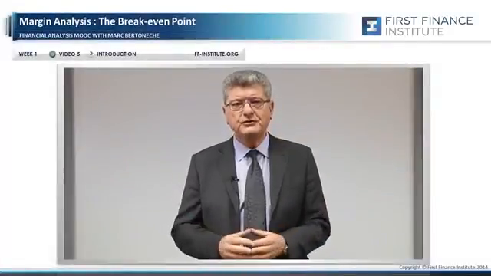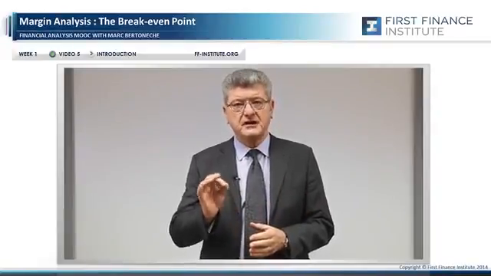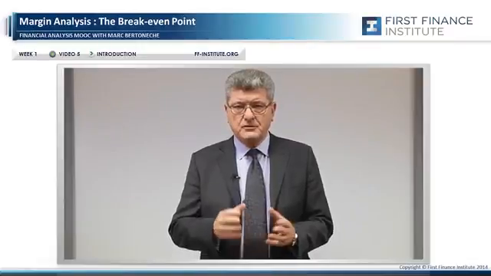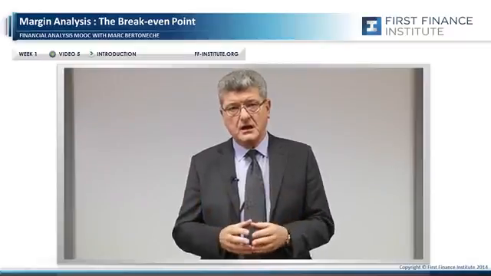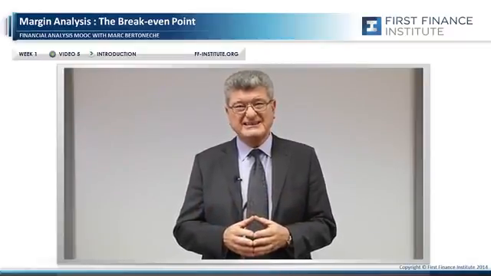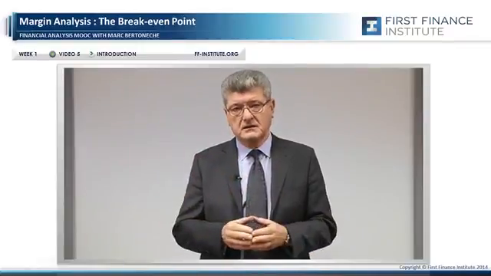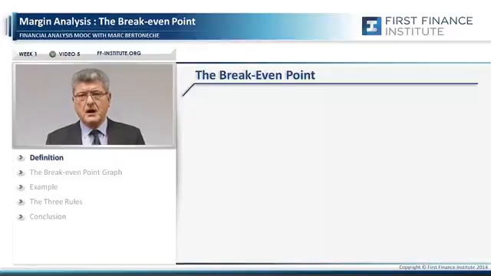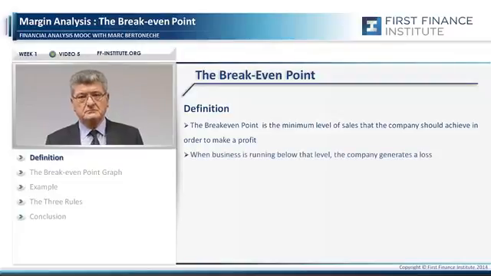Hello. We conclude our first week with our last item, the break-even analysis. You remember that we first look at how sales are moving through time. Then we analyze the structure of the margins, insisting on two major factors, the so-called scissor effect and the break-even point. What is the break-even point? It is the minimum level of sales that the company should achieve in order to make a profit. Below that level, we make losses. Above that level, we generate profits.